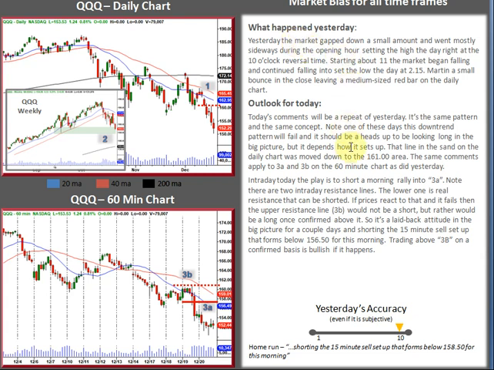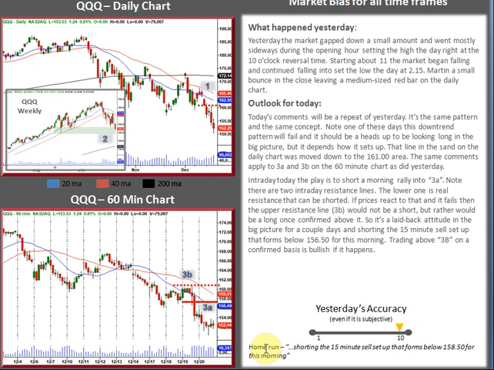Okay. And then yesterday's accuracy, I'm grading myself, of course, but grading how well the prior day's comments were. So the outlook for today is here, and then tomorrow I'll look at what was said here and say, okay, how well did that play out? Was it right on? And I'm very frank about it. I'll put here sometimes it was terrible. It just blew it. But it's not that often. I mean, the vast majority of the time, this is either pretty accurate or very accurate.